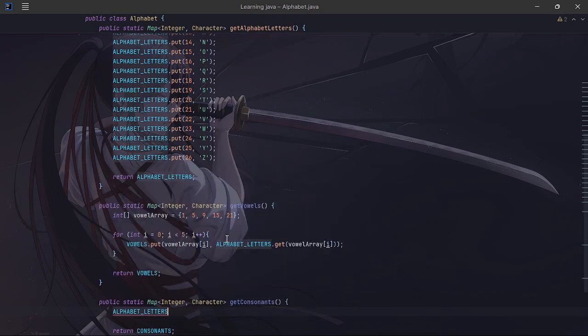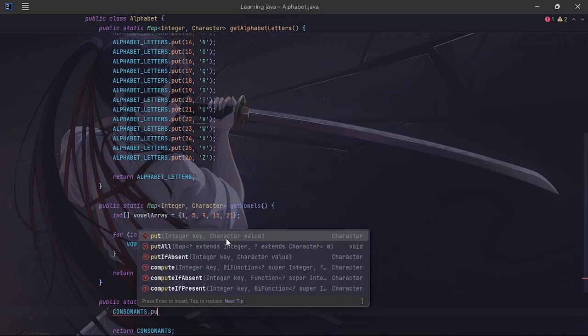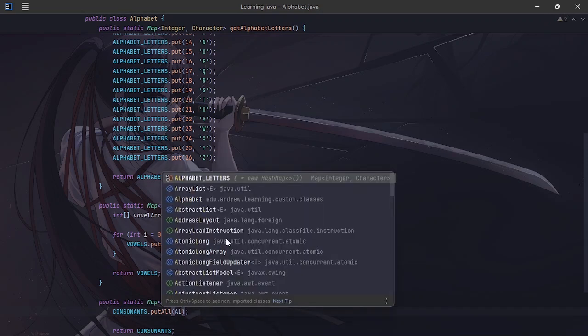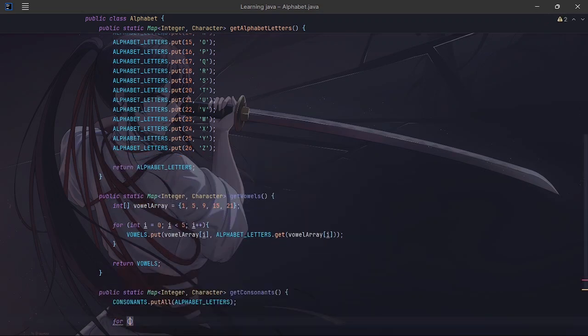So I'm just gonna say alphabet letters. Actually no, consonants. I remember we do have a put all method in here. Yeah, we do. So put all alphabet letters, just like that. So now we need a for loop to actually take out the vowel letters. So we're gonna use a for each loop. So for each int I that exists in alphabet in vowels